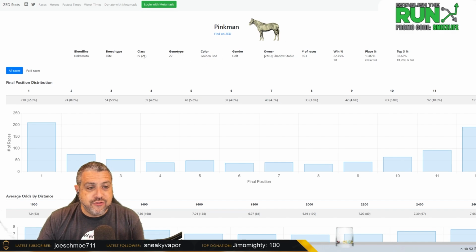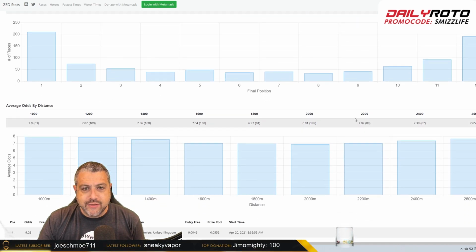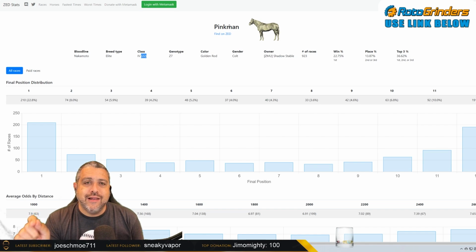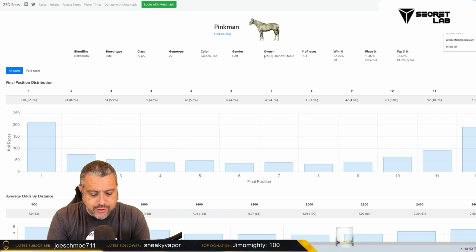And the cutoff for class 4 is 20 rating points. So this horse kind of stays down and gets ridiculously good odds because it's got this U-shaped final position distribution. You don't want an A-frame horse, you want a U-shaped horse. And this horse, maybe one of the best ones on the site, has that U shape. So you're winning a lot of races, making a lot of money, and then not classing up out of class for your horse, right? You're not getting to a point where you've got a good horse like we had. I have a good class 5 horse,